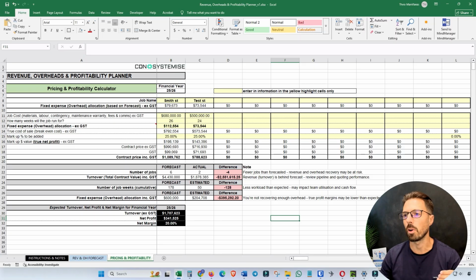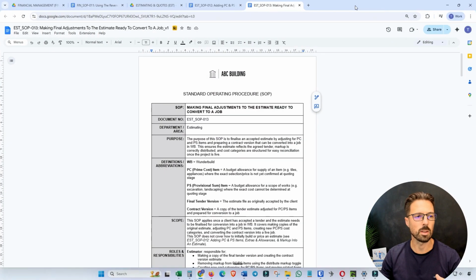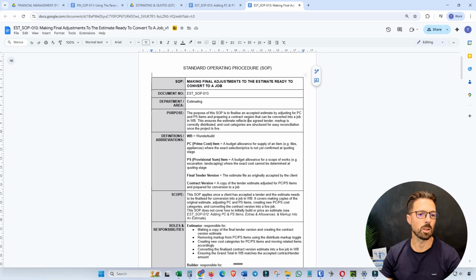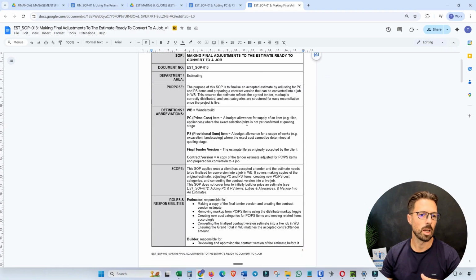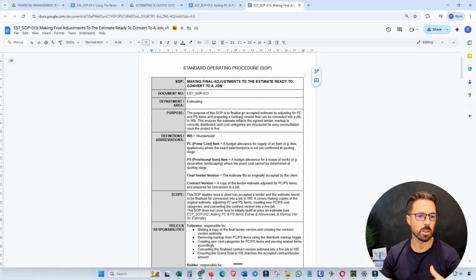out, that entire process, in standard operating procedures. So just have a look here. For those of you who don't know, I also run Consistentwise, where I help builders set up Wunderbuild and their business systems. And as part of that, I've got all these standard operating procedures. So this one here relates to this sheet